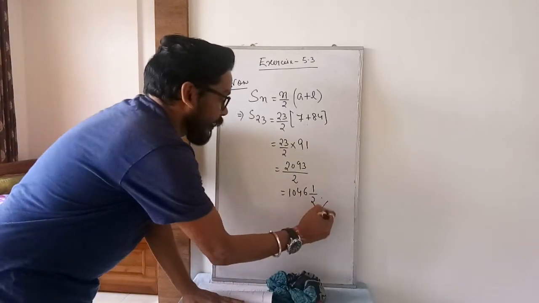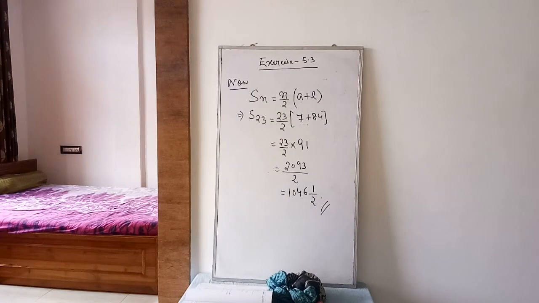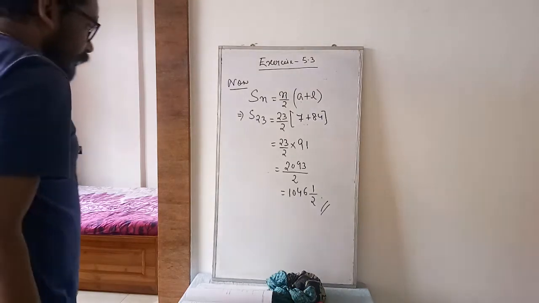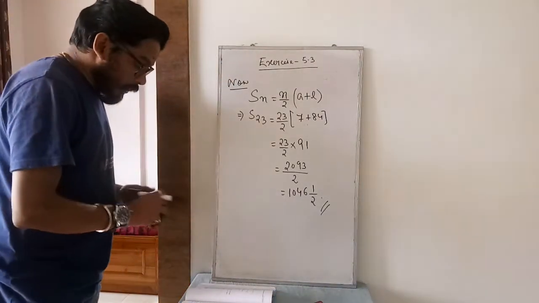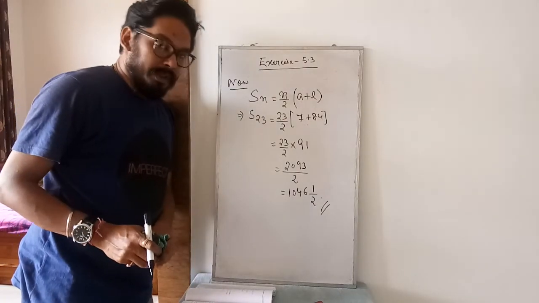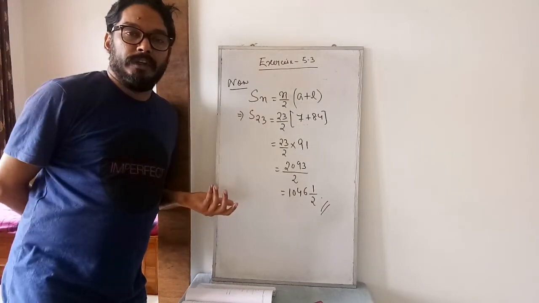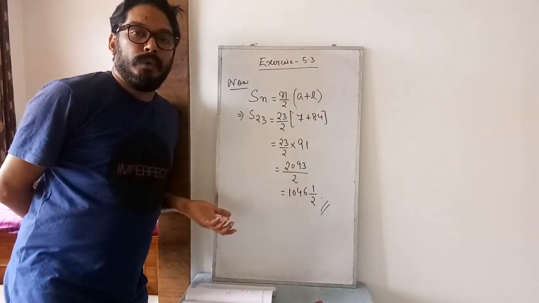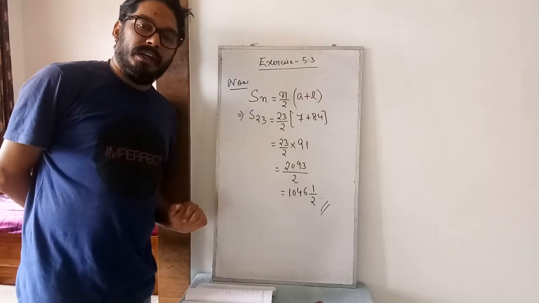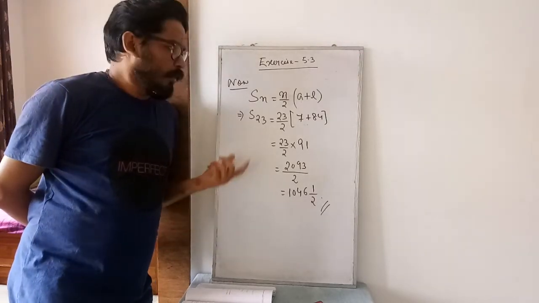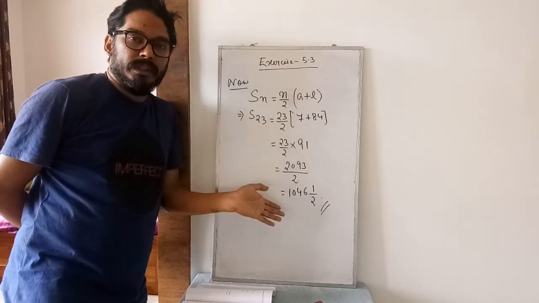Okay, so take the screenshot. Clear? Now you can automatically do Roman 2 and Roman 3. Same process. First you will find out the value of n by using the formula for the general term of an AP. Then you will find out the sum by using the shortcut, and you can go for the long formula also, because both will give the same result.